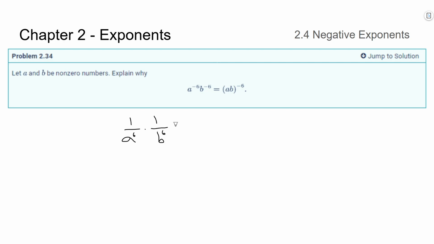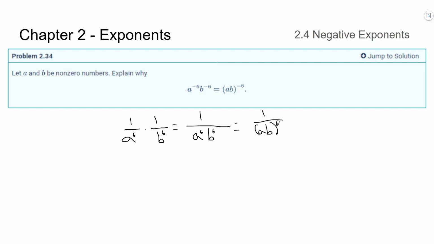Well, we can combine these fractions here to be 1 over a to the 6th, b to the 6th. And if you have the same power, you can pull that out to look like 1 over ab